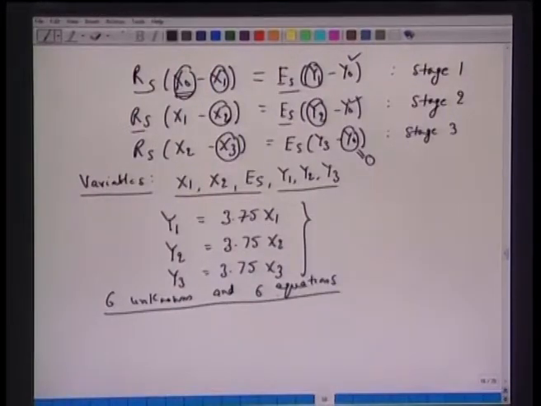Of course, now the problem is well defined, but you must understand that if we substitute y1 in terms of x1, y2 in terms of x2, y3 in terms of x3, and then you try to solve this as an exercise, you will see that this is non-linear. You won't be able to solve directly. You will require iterations. If you again try to substitute x1 in terms of x2, you will get quadratic equations. All right. Now, of course, the problem is well defined. We have 6 unknowns, 6 equations.